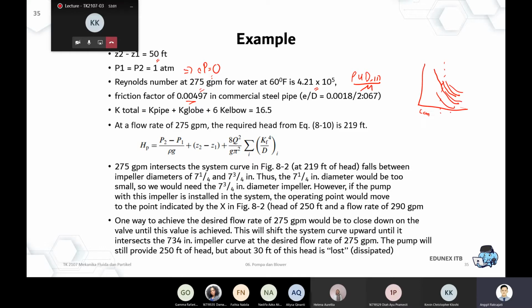So that's the laminar part, that's the turbulent part. That's a function of Re, that's a function of f, I think. So just match: once you get the Reynolds number, we're working in the turbulent zone. That means you need to find the epsilon per diameter, the roughness of the pipeline. Epsilon per diameter, that's the number. So you find the epsilon per D that matches your case, and then you just drag the number, then that's your f. In this case, the f is 0.00497.